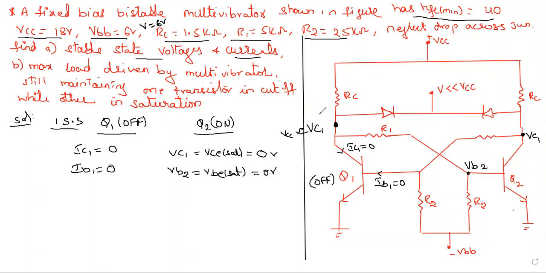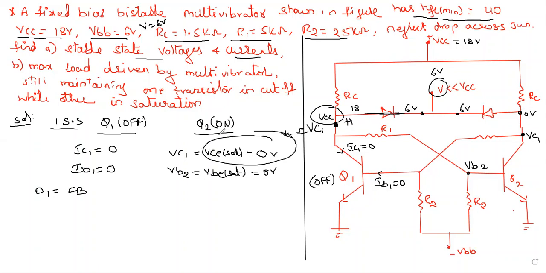Once the voltage over here is VCC, this is the higher potential, and here voltage V is 6 volts. Given VCC is 18 volts, V is 6 volts. So approximately this is 18, approximately this is 6 volts. So the diode will be forward biased, acting like a short circuit. So now D1 will become forward biased. Again here this is 6 volts, and here it is 0 volts because VCE saturation is 0 volts. So automatically this diode will become reverse biased. So D2 is reverse biased.